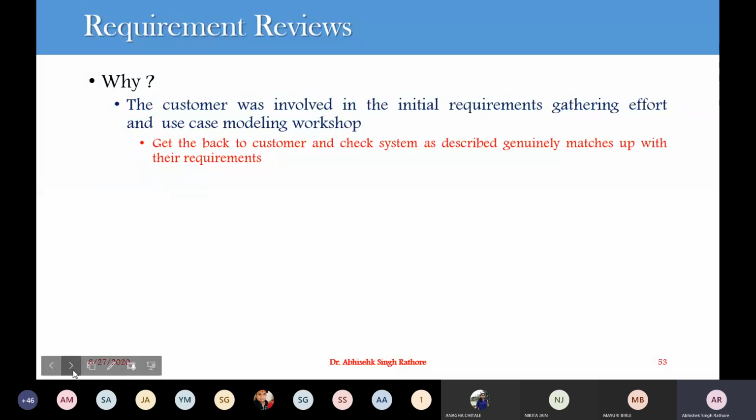Either you have to call him or email these requirements. When you email your requirements, it might be a 200-page document, and you ask them to reply that they are comfortable with the requirements or need some modifications. But your customer might not be comfortable reading all those 200 pages.